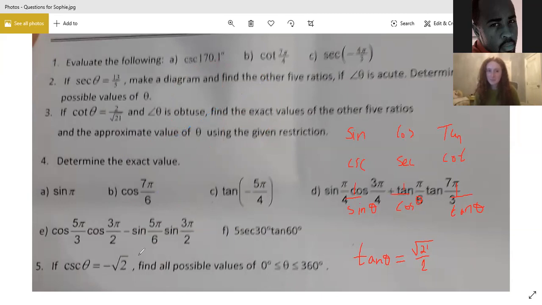So you're saying the sine of this is what you're going to inverse. We're on number 5, right? Yes. And then I inverse sined that